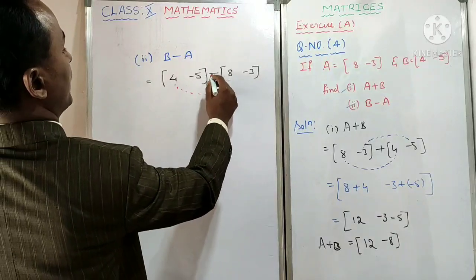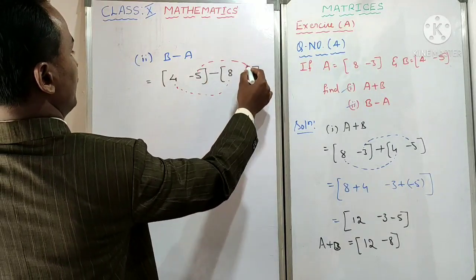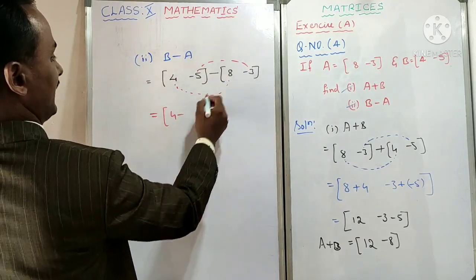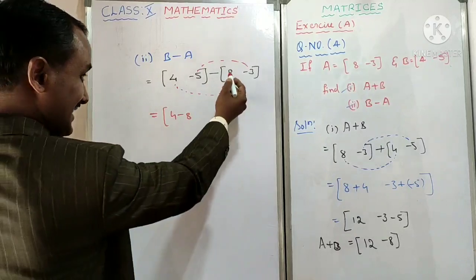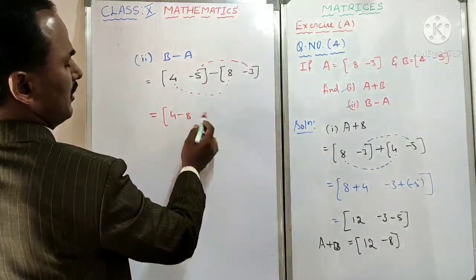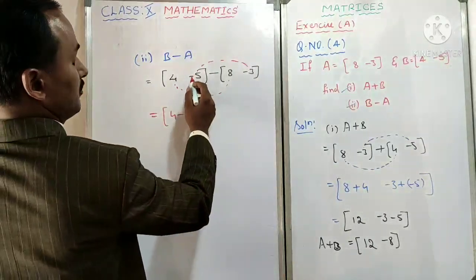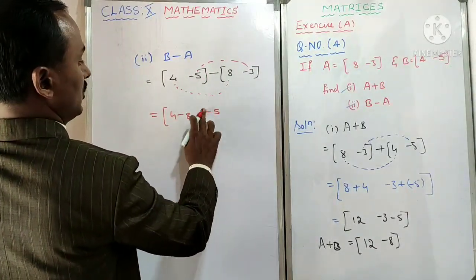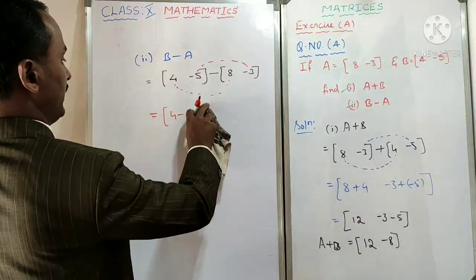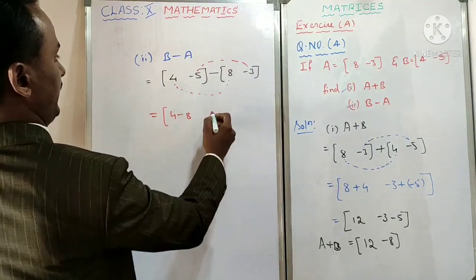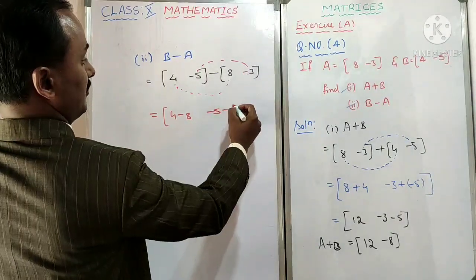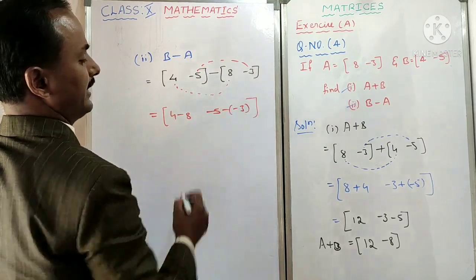This one: 4 subtracted with 8, minus 5 subtracted with minus. Shall I continue here? 4 minus sign 8. In case this 8 is having a negative sign, minus of minus 8 will come. But this is having a positive sign. Don't want the product. Bracket. Minus 5 I will write here. I don't write like this. It became wrong. Okay, now minus 5, minus. This one. Use the bracket. Close the rectangular box.